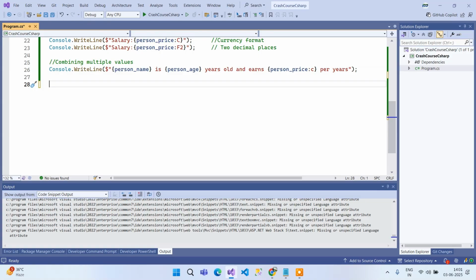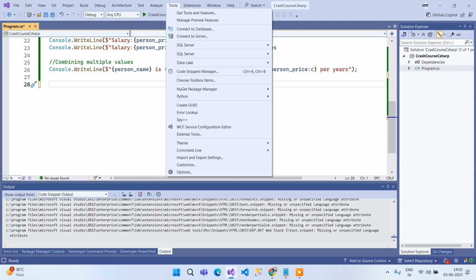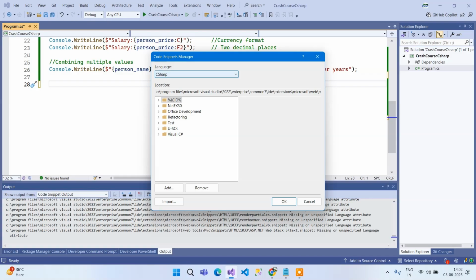So let's start. Firstly, I open Visual Studio 2022, and then go to Tools. After that, you go to the Code Snippets Manager, and we select the language C#, and then Visual Studio Code. After you tap, you can use the